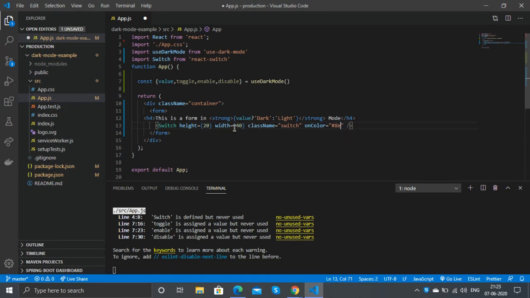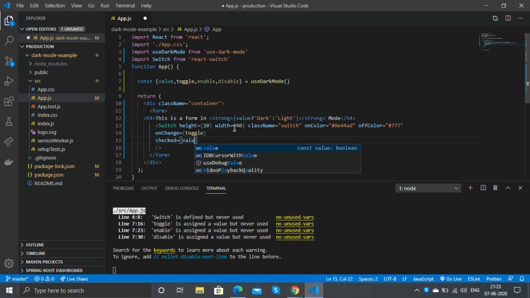The on color means it's dark mode, so we will give a purple color. For the off color we will give a grayish color, so it will be #777, which is a gray. Then we have the onChange, to which we pass the toggle value from useDarkMode. Finally we have the checked value, to which we pass the value we get from the useDarkMode hook.